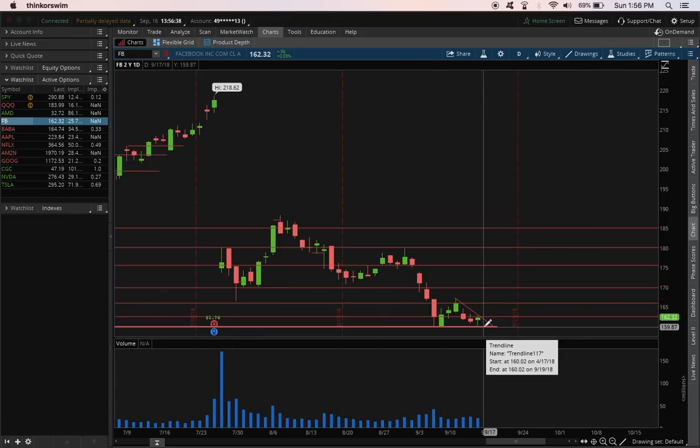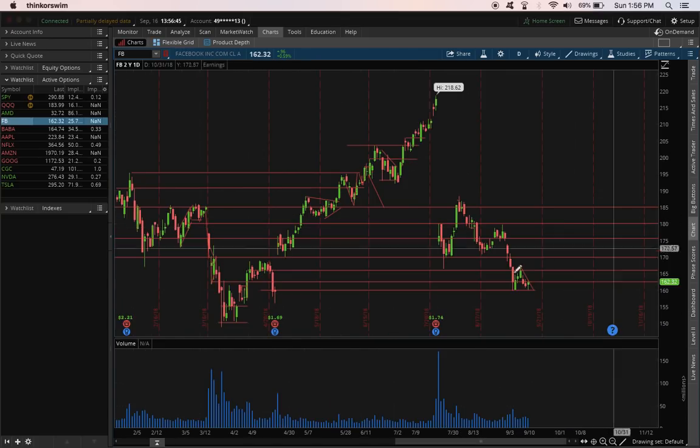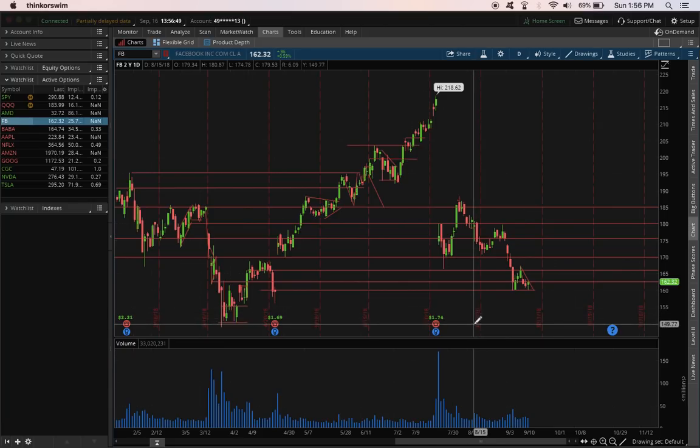So something to expect is watch for the support at 160. It may be able to break below that, and if it breaks below that, it looks like we're going to be returning to this next support at 155, and then if it breaks through that, 150. So watch for 160, a break below to 155 or 150. If not, we're just going to break up, and we're going to make sure that each time we pass above